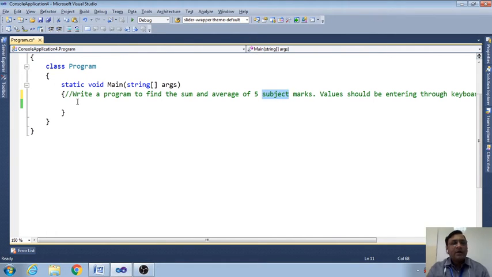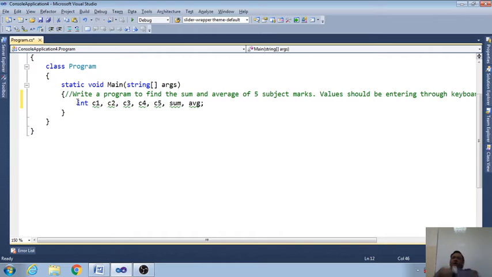Let us declare, and I am considering that the marks I will give for the course or subject will be integers. So I am going to declare int C1 (course 1), C2 (course 2), C3 (course 3), C4 (course 4), C5 (course 5), comma sum and comma average. So the total number of variables I have declared is 7.